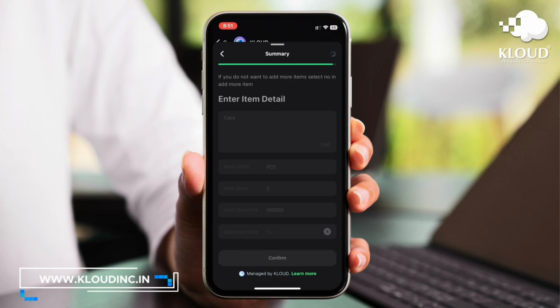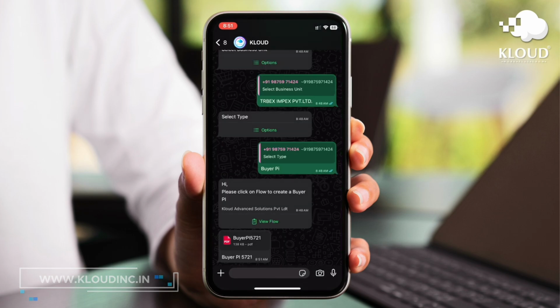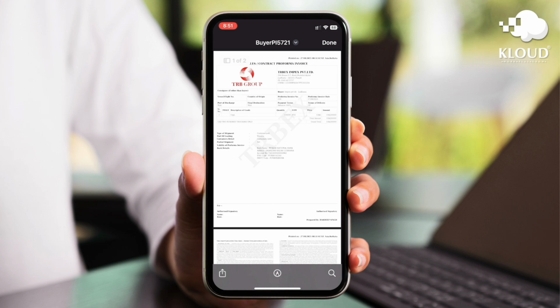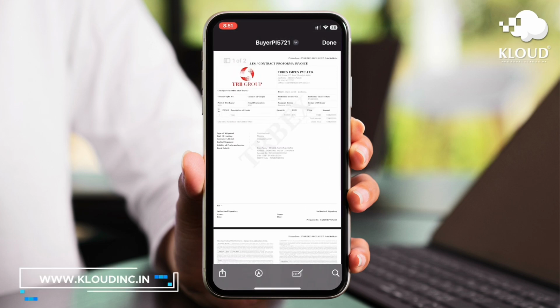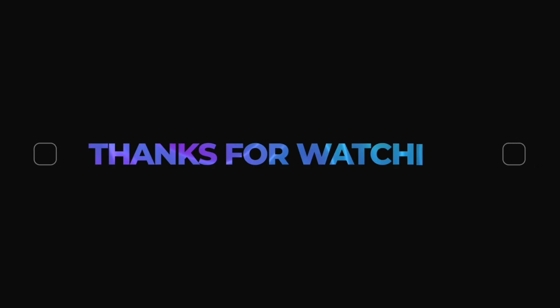And here's the best part. Once you've saved the Proforma invoice, a professional PDF copy will be generated instantly. This document will be delivered directly to your WhatsApp chat. From there, you can download the file,